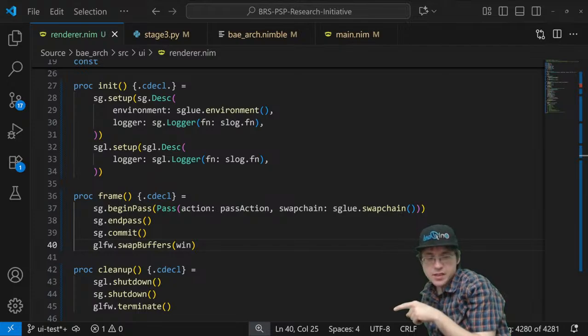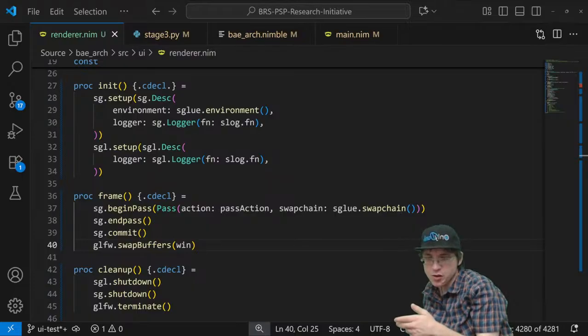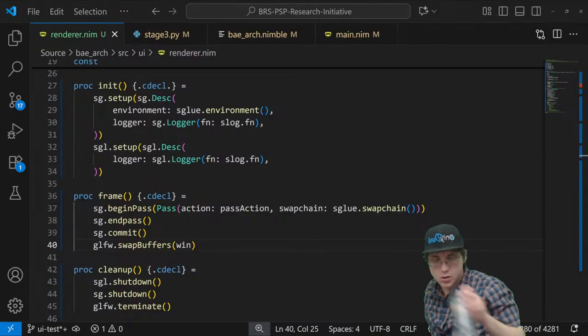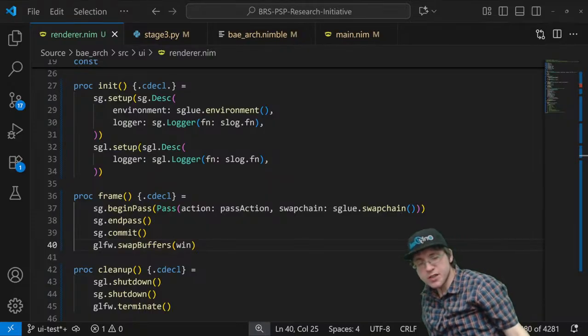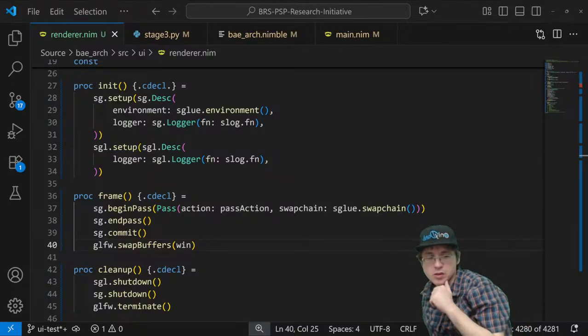So a lot of this is no man's land. This is stuff that there's not much documentation out there on how all this works. This is all set up, so I'm kind of winging it at the moment.